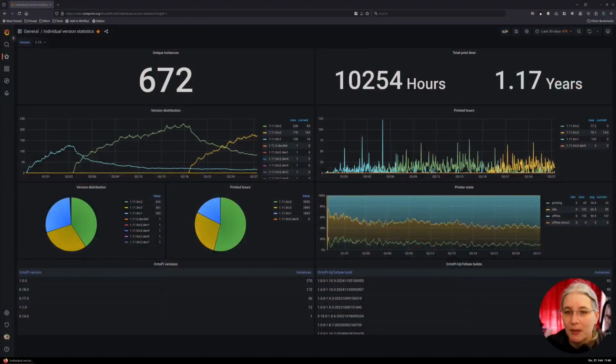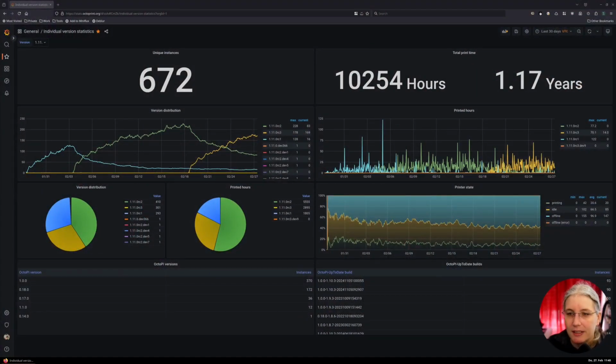But yeah, so as I said, all in all, the RC is looking good now. I hope that we won't need a 4th one. The only thing that could be better, in my humble opinion, is that we could use some more testers, because currently I'm looking at 672 unique instances, and let me share that quickly with you.